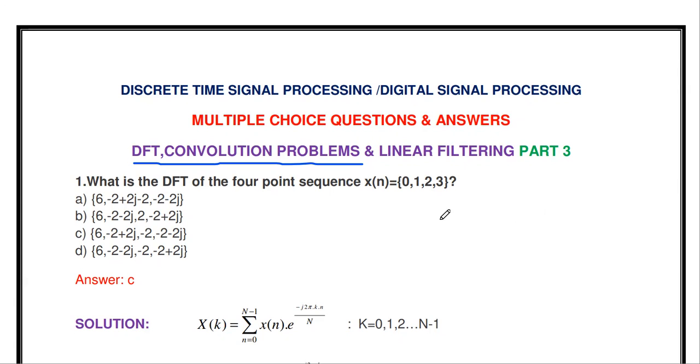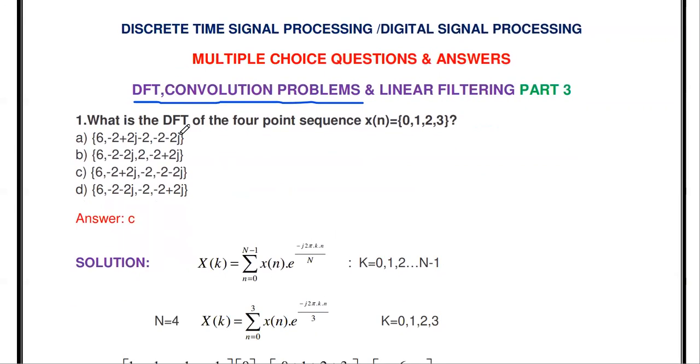Okay. The first question you see: what is the DFT of the 4-point sequence x of n equal to 0, 1, 2, 3? Okay, so this is a 2-mark problem. Generally, that is the DFT. We can calculate the DFT for